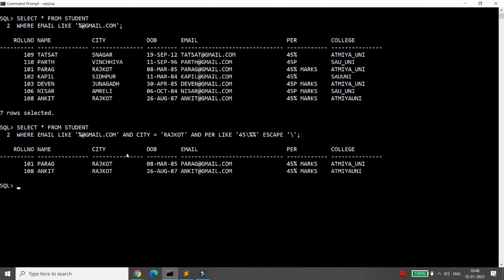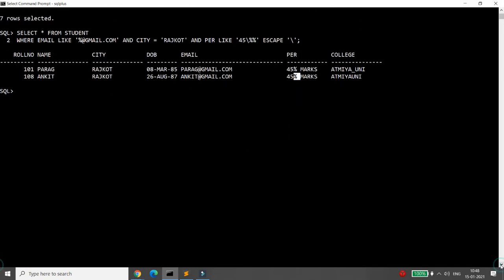It will give me the records of Parag and Ankit. See here, both belong to Rajkot, both are using Gmail, and both have 45% of the marks, right?